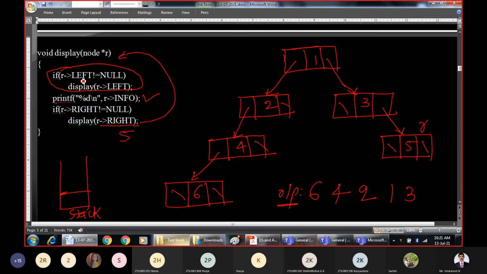Check whether r pointer left is not equal to null. R pointer left is equal to null. We will not execute that statement, we will not make the recursive call. Then print the information, r pointer info, which is 5. Then once again we will check r pointer right. Here r pointer right is null, and once we check null here, the execution will stop.